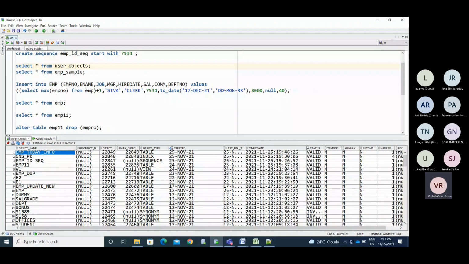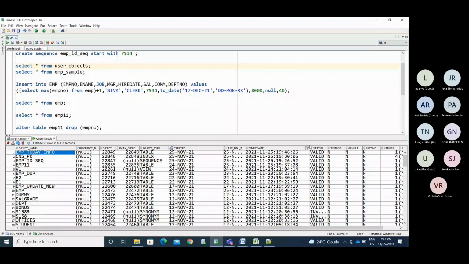If you created the object today, or if you have created more than one or hundreds of tables, what is the recent table? If you want to know the recent table, order by created descending.